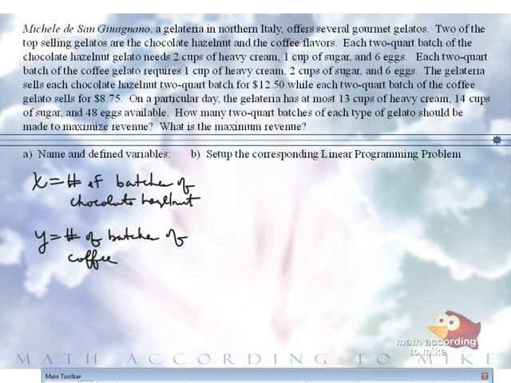Good. So as stated, we're trying to maximize revenue. So let's say max. You can say maximize if you want. R or Z does not matter. I'm just going to stick with Z. Okay. How much money does the chocolate hazelnut bring in? $12.50. And we have X batches plus how much money does the coffee bring in? $8.75. Very good. And we have Y batches of those. Subject to